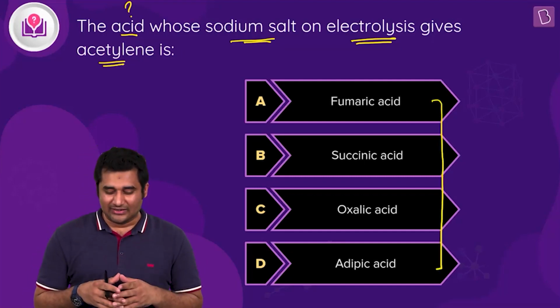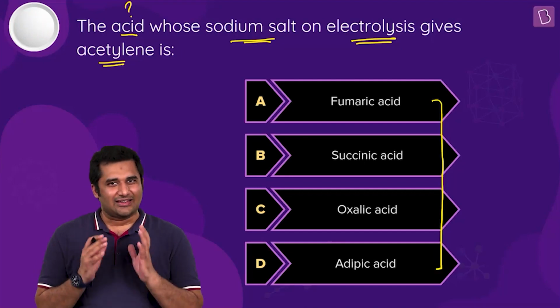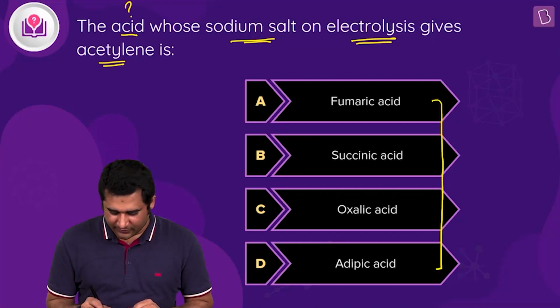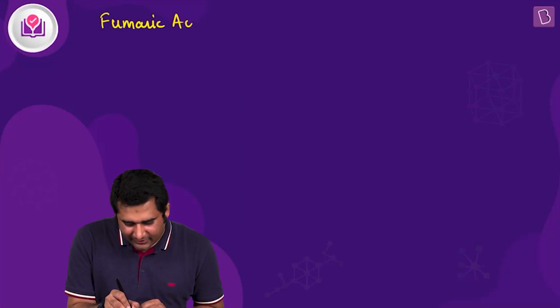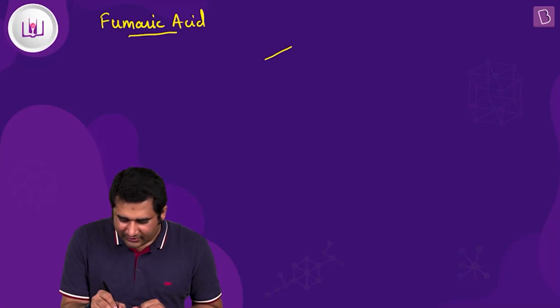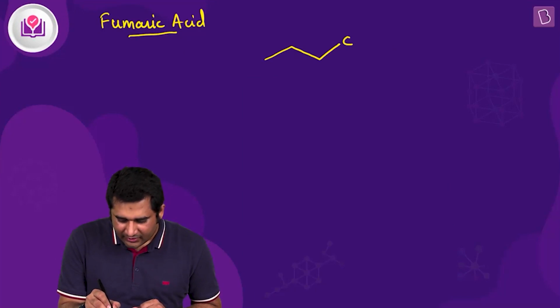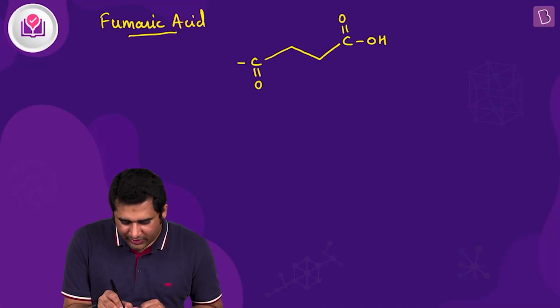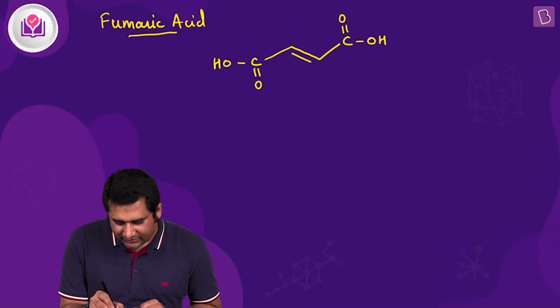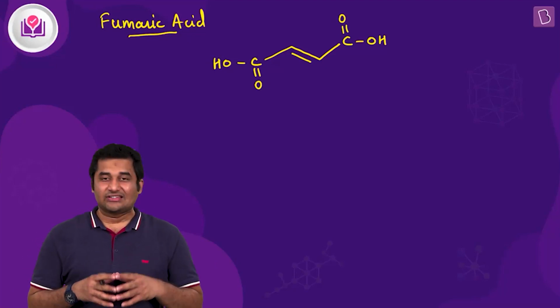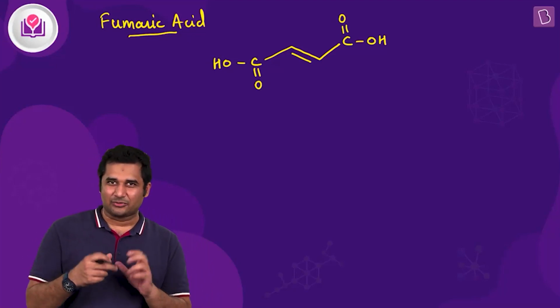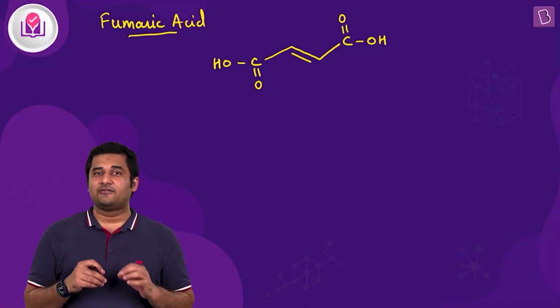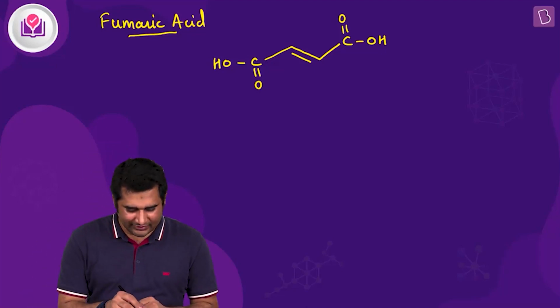So the first important thing is you should know the structure of these acids. Let me tell you the structures first of all. Let's do fumaric acid. Fumaric acid has a structure like this. You can see here we have C double bond O, OH, and here also C double bond O, OH, and this is a pi bond. This is fumaric acid, basically the trans isomer. Now if we take the sodium salt of it,